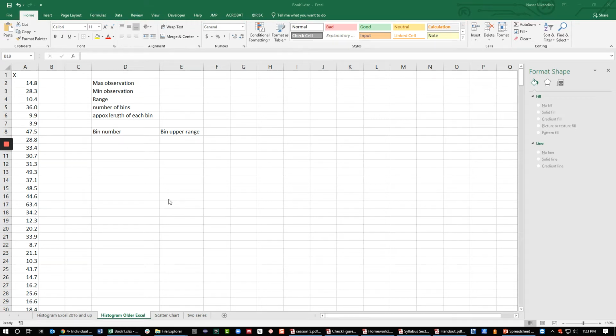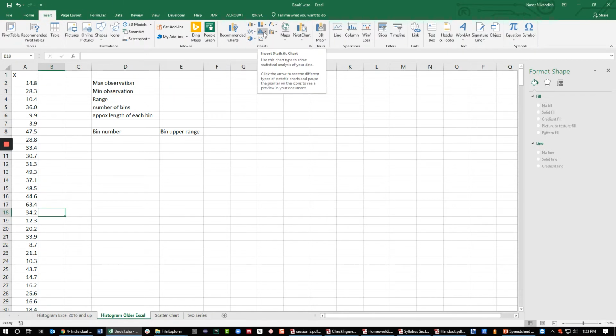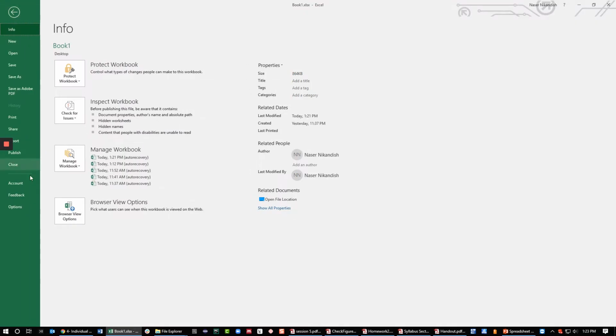In this video, I'm going to go over guidelines of plotting a histogram if you are using older versions of Excel. I think Excel 2016 and anything after 2016 has the histogram as a default chart type, but for older versions we don't have that. So in order to plot a histogram, one of the ways that you can do that is by first installing